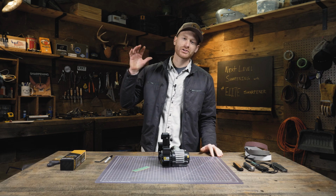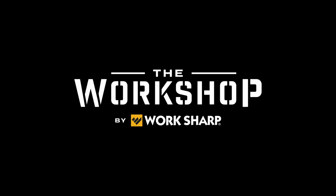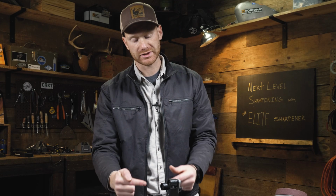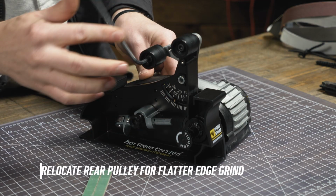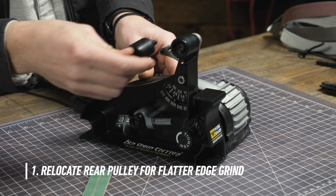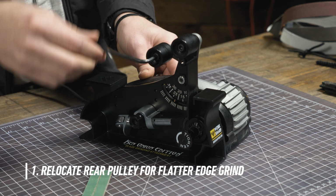What's up, guys? I'm going to show you 3 quick tips to take your Elite Sharpener to the next level. First up, if you didn't know, the rear pulley can be positioned in one of 2 places. It comes stock in the farthest back location, which allows for some slack for a strong convex edge. If you want a more flat grind, you can move the pulley to the front position with a simple Allen